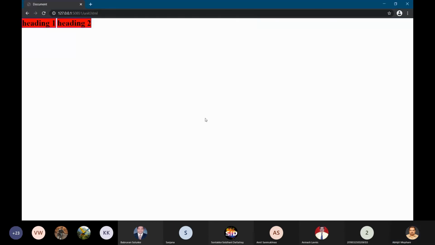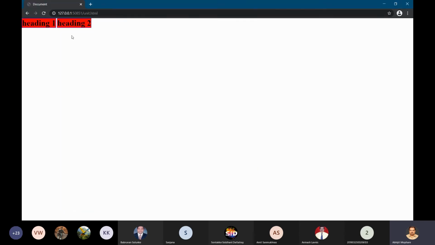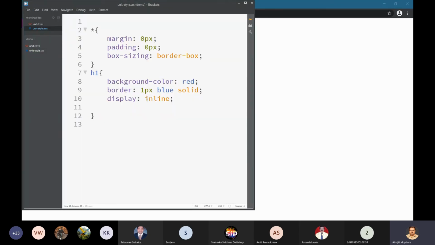Obviously both of these properties have their usage. Whenever you want elements to be placed side by side in the layout, you will use inline, and whenever you want to place the elements one after the other, you will use block. But the problem with block is that it takes the entire width of the viewport. After the introduction of the flex layout and the grid layout, normally we don't use inline or block for this display property. Normally we use grid and flex only, but that we will study later on.